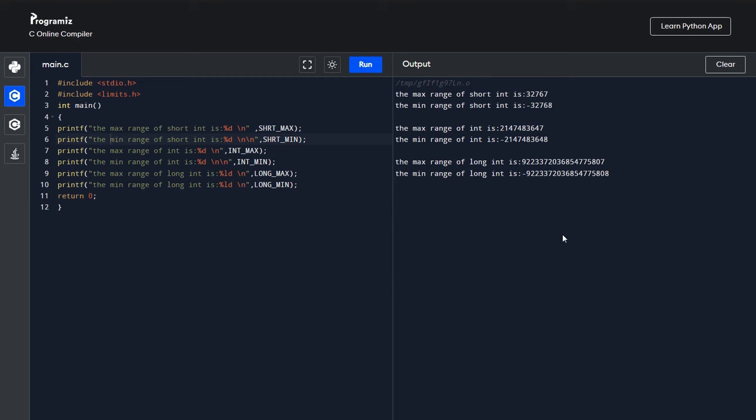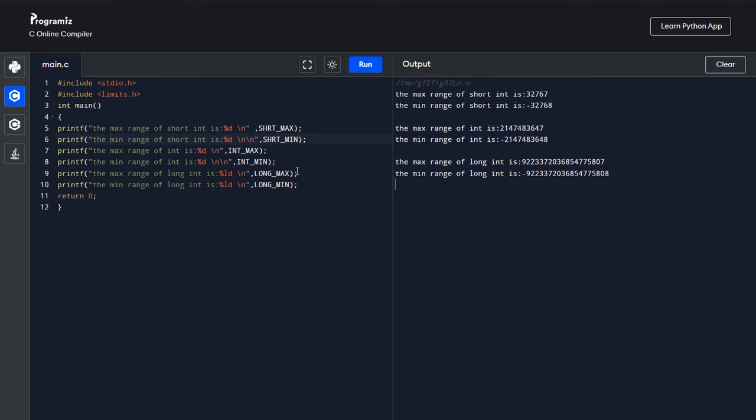For int, the maximum range is 2,147,483,647, and the minimum range is minus 2,147,483,648. And for long int, I have considered 4 bytes in my presentation, but this compiler allocates 8 bytes of memory for long.